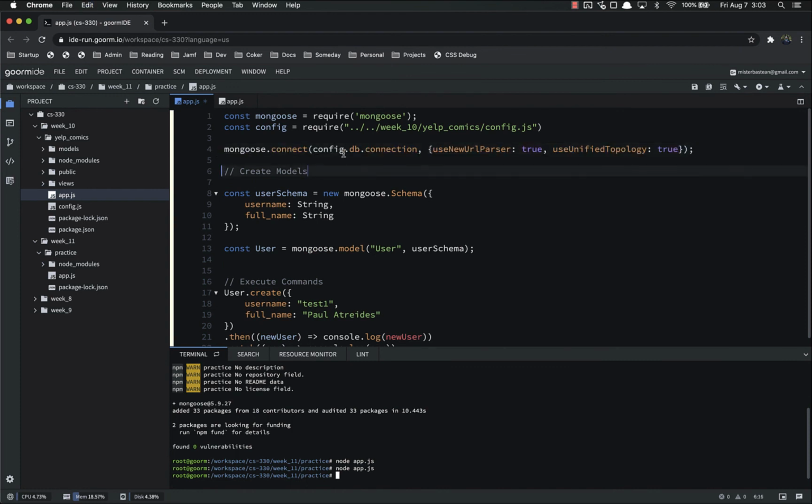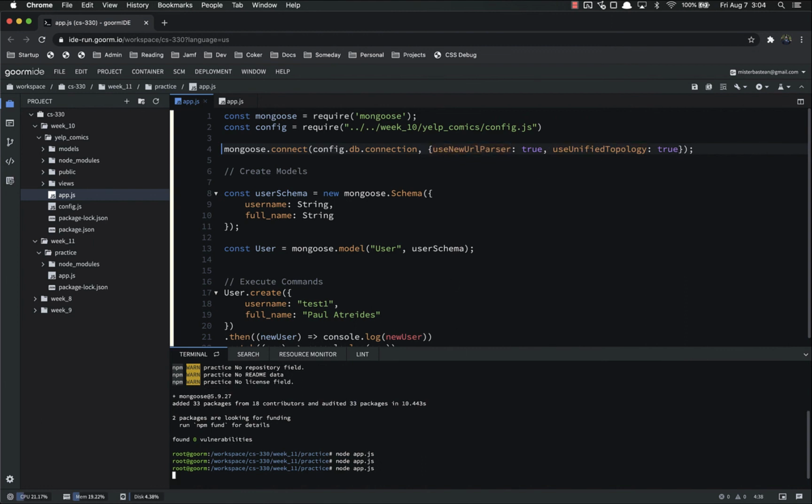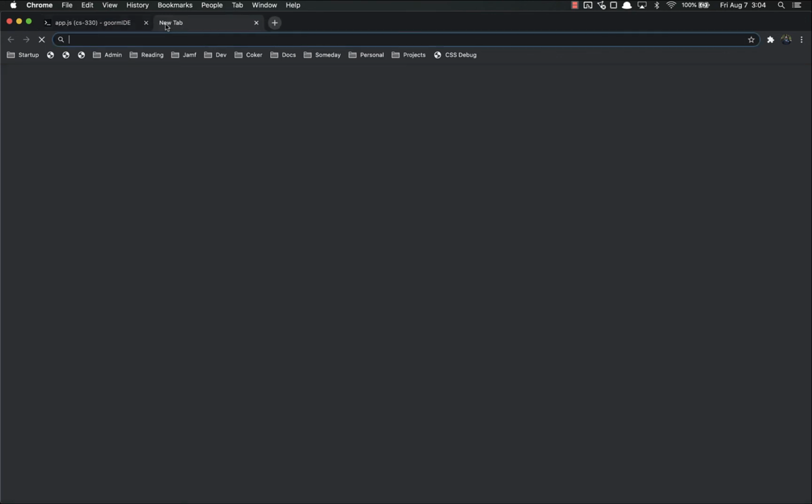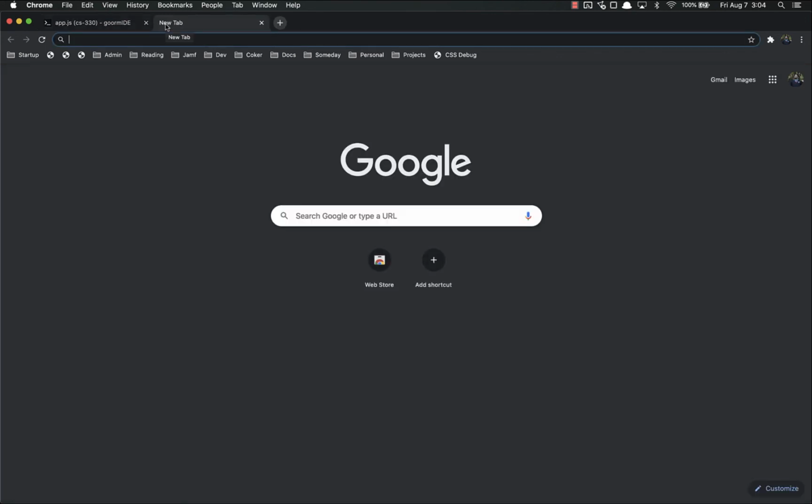There we go, mongoose.connect, config.db.connection, and then we pass in this boilerplate right there. Let's save and try it again and see if it works. See if I did my pathing right. Yay, it did. All right. So you can see right here, we console.logged this information right here. We got the username test1, full name Paul Atreides, and now let's go log into our MongoDB Atlas and see